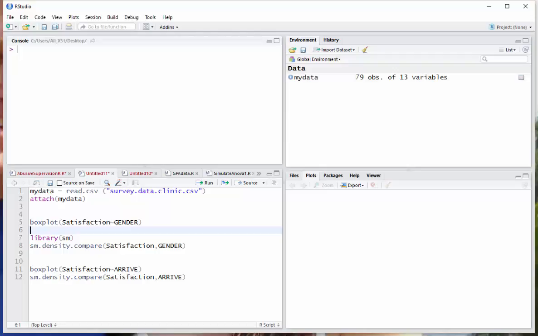Okay, in this video, I'm just going to make a few remarks about interpreting box plots and density plots, especially comparative box plots and comparative density plots. Well, I have a data set here from a clinic, and have satisfaction levels and, among other things, gender and when they arrive. So, first thing I'm going to do here is just get a box plot of satisfaction